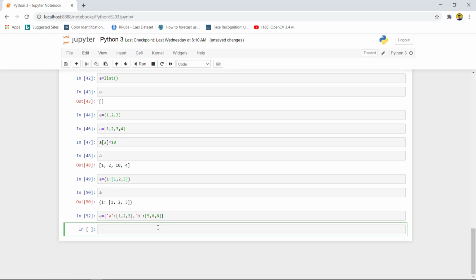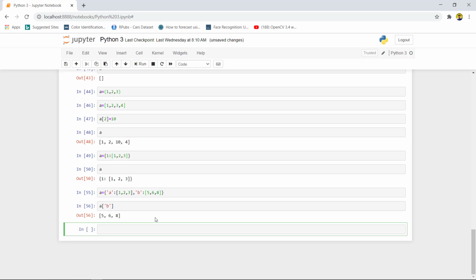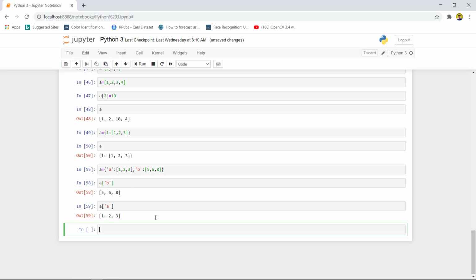If we create this dictionary, now if you want to search for an item inside it, you can call the dictionary with the key. Suppose we call a[b], it will give the output of the list assigned to b. Doing it again with the key a, we can see we got the first list.